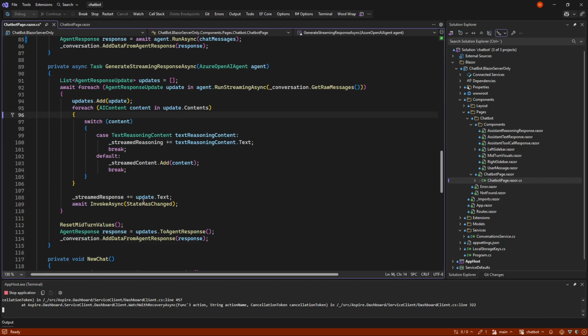So in this case, we're just taking the text and just putting it into a string property, and then we do invoke async in order to force the GUI to redraw itself. So this is fairly resource intensive in Blazor Server, where everything is sent between the backend part and turned into JSON. So it's redrawing the entire page, or the delta at least, every single time. So this is rather hard for it to do, but it can do it.